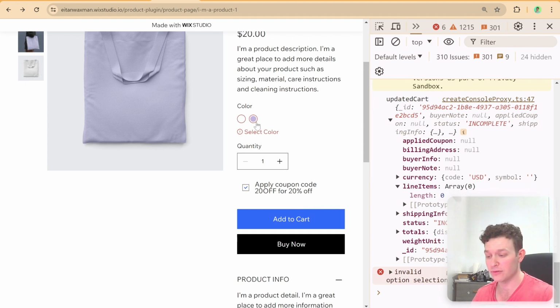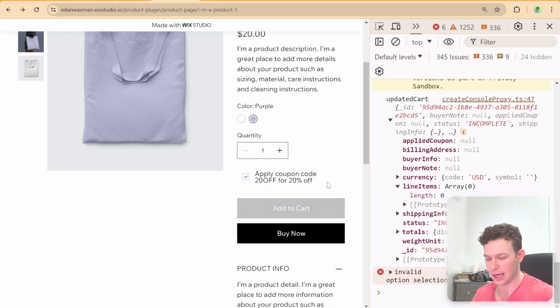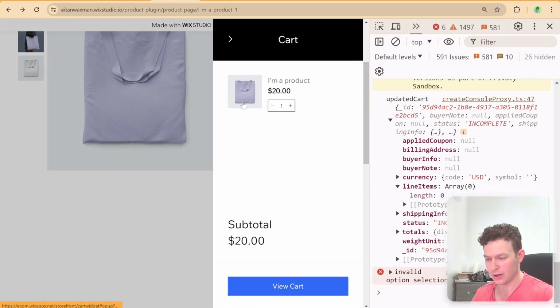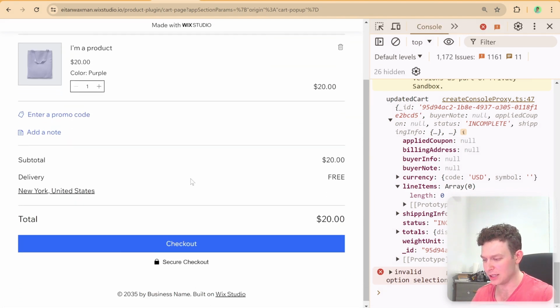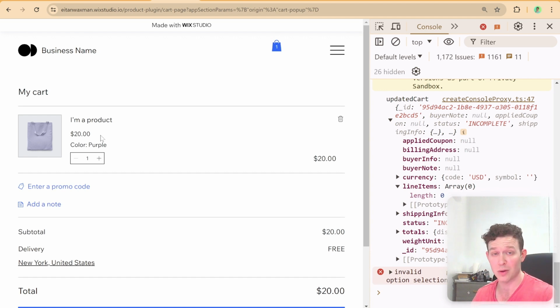I have to select a color first, so I'll do that. And I'll add to cart. Okay, and now I have one item in my cart. And I'm going to go ahead and view cart. And we can see that I don't see that the coupon is applied. Okay, so it doesn't seem like the coupon is applied,